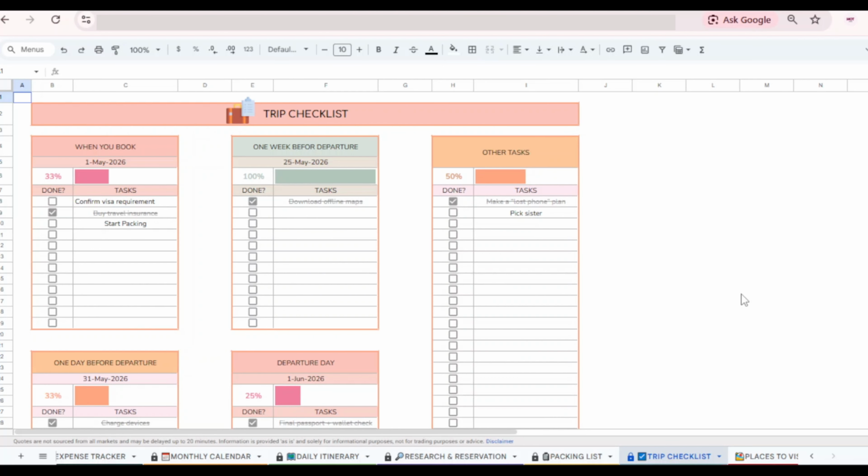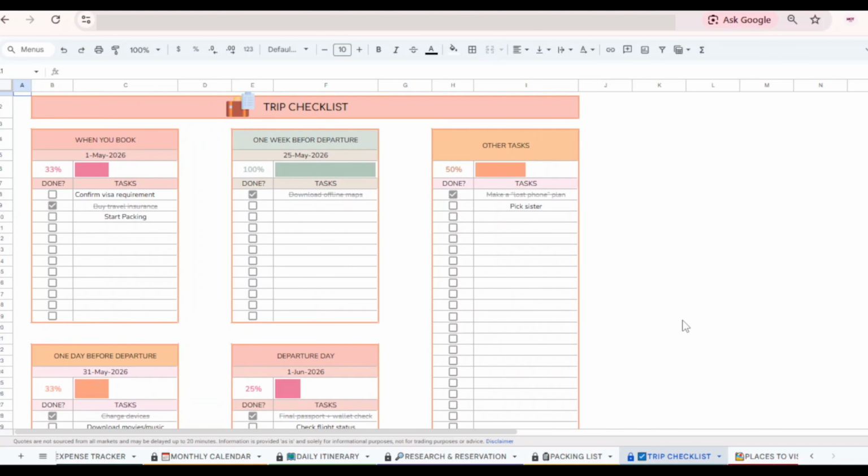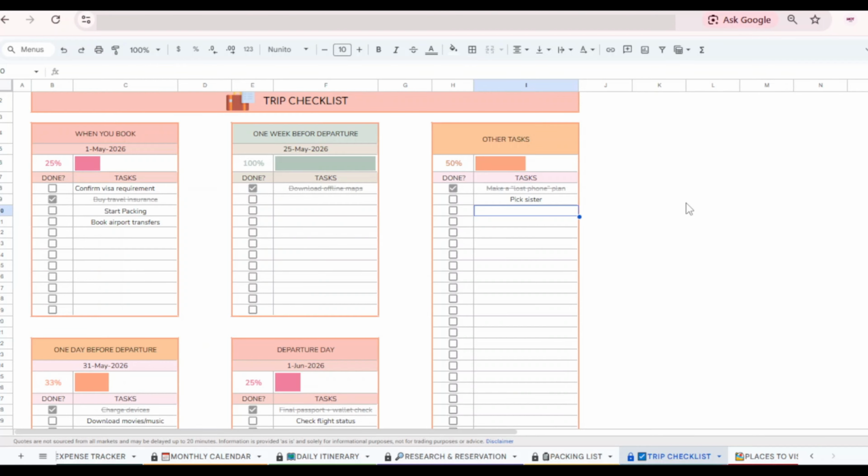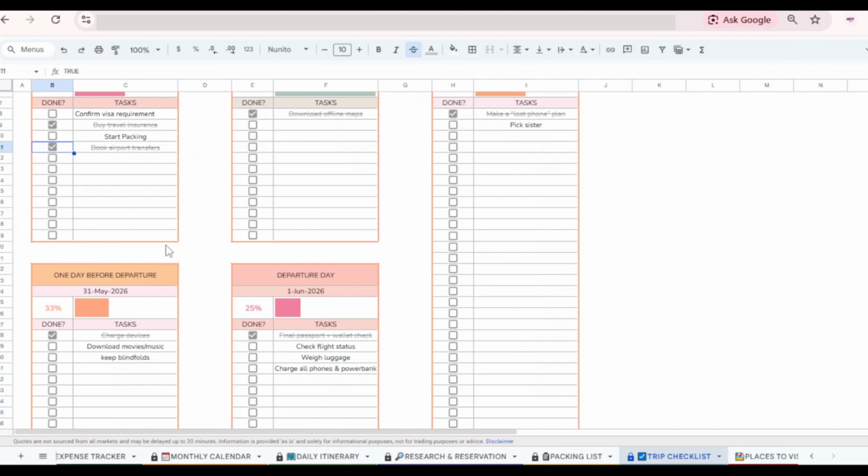The trip checklist is organized by timing because different tasks need to happen at different points in your trip preparation. So you have 4 stages. One is when you book, the other is 1 week before departure, 1 day before departure, and the departure day. For each stage and for each category, you will see a progress bar at the top of every section. For example, I just tick this box, and now you will see that I have done 50% of my tasks when I book. And if I